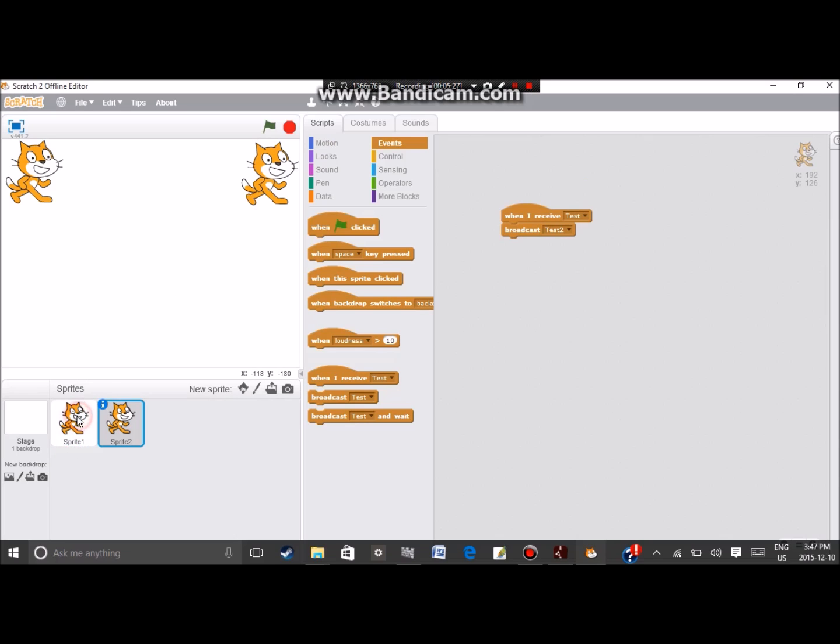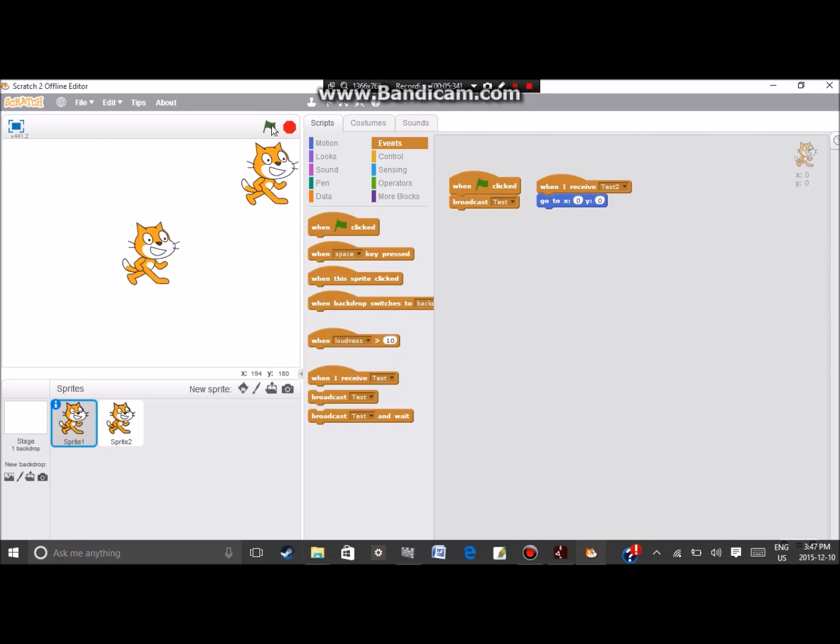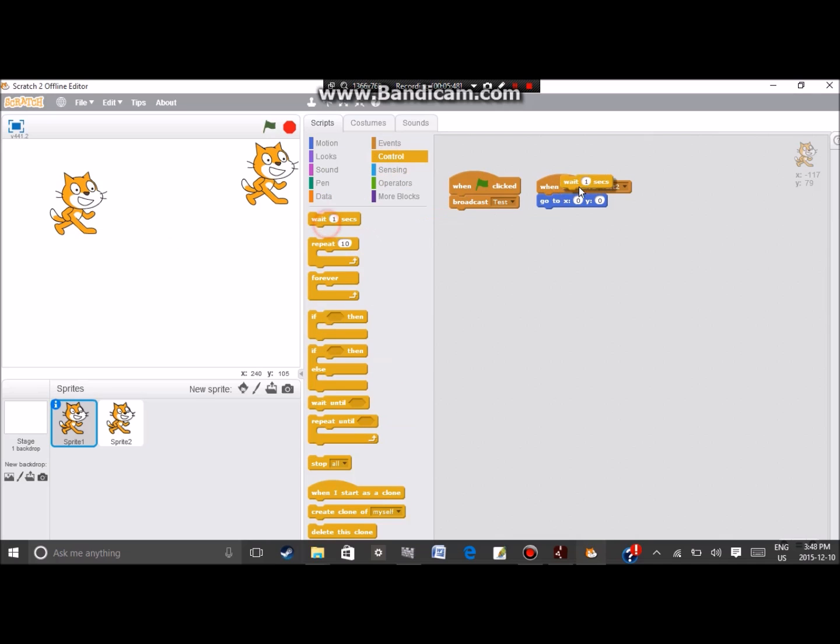Oh my god, touchscreen to the rescue. Okay, flag clicked, and that didn't work. Oh no, it did. It worked. Okay, ready? We're gonna do this again. That's really fast, so I'm gonna use a wait command. Okay, so basically what's going on is I click this flag,